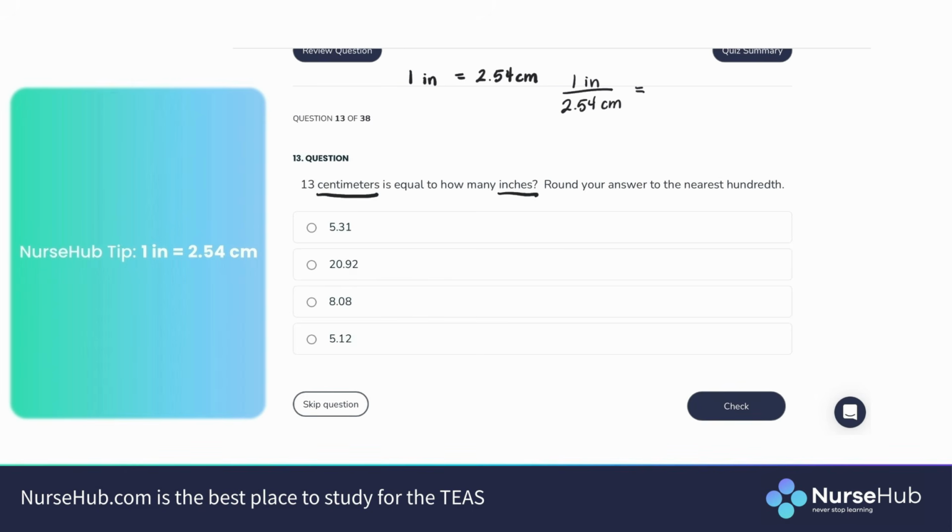And what we're looking for is 13 centimeters. So we don't know the inches, so that's X inches over 13 centimeters. Now we can cross multiply and solve. So 2.54 times X is just going to give us 2.54X is equal to, and we just have 13 times 1, which is 13. Divide both sides by 2.54. And we are left with x is equal to